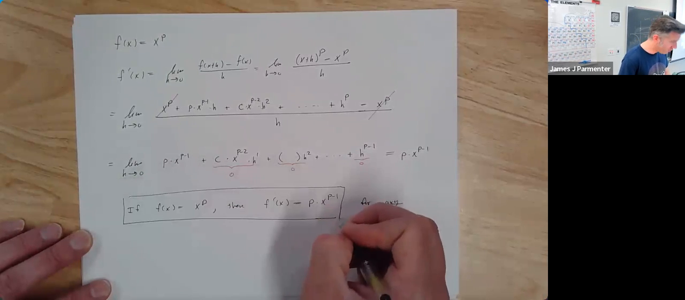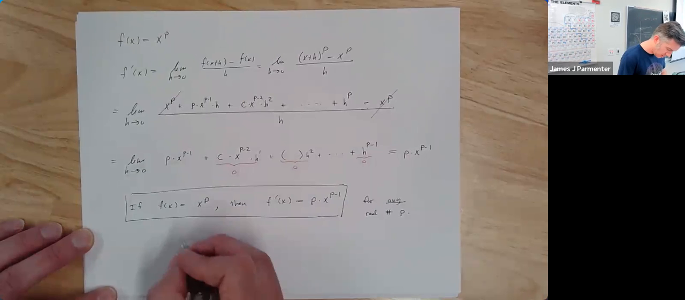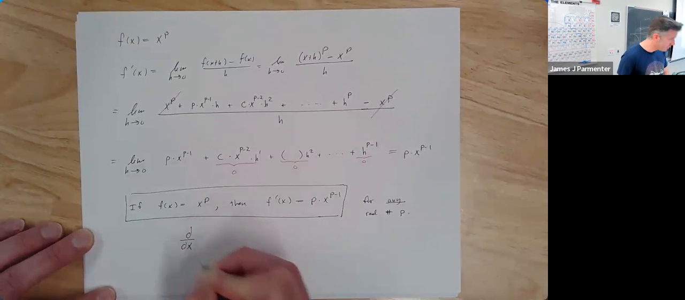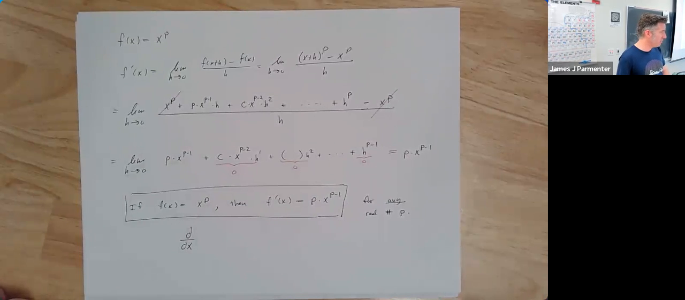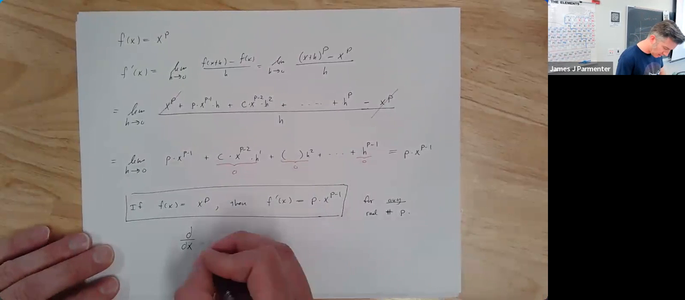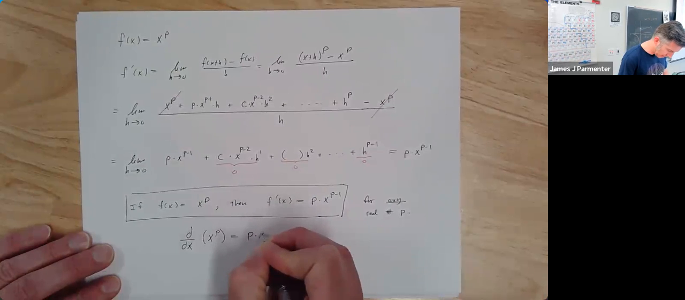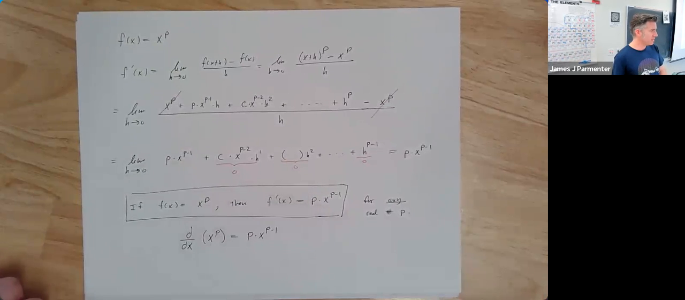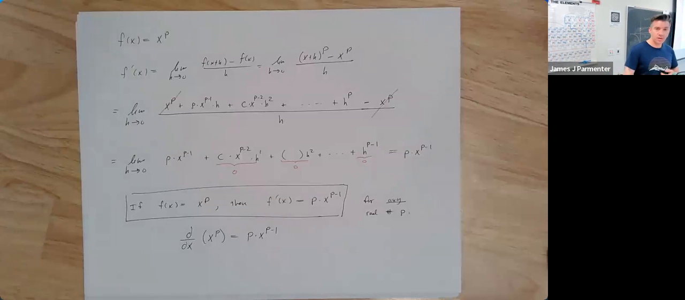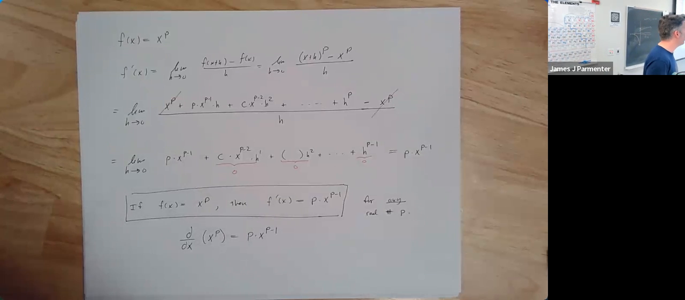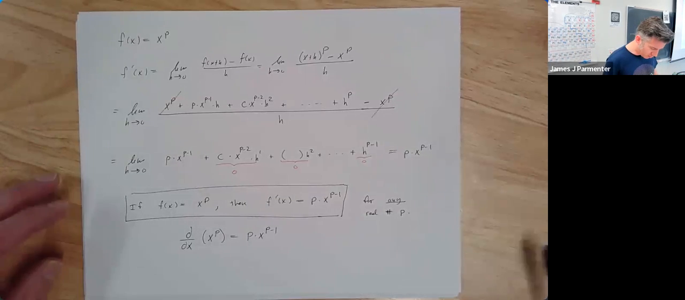Or as I would prefer to write it because it's more succinct, d/dx, the derivative with respect to x of x to the p, is equal to p times x to the p minus 1. This is a much easier way of writing it. It means the same thing. Okay, great. So it's true if your power is positive, true if your power is negative, true if your power is a fraction, true if your power is some weird irrational number, true if your power is 0, true if your power is 1. In fact, it's kind of cool to see